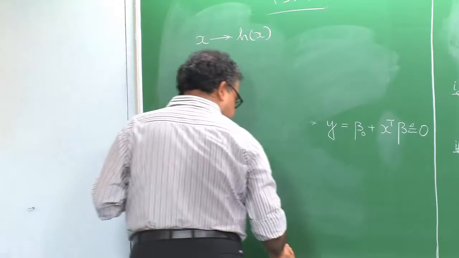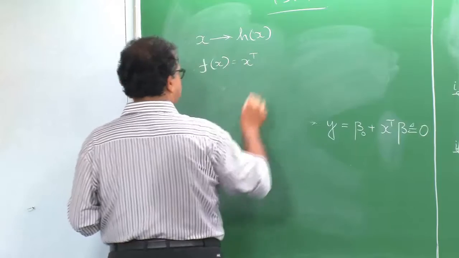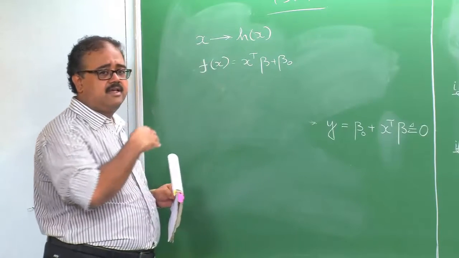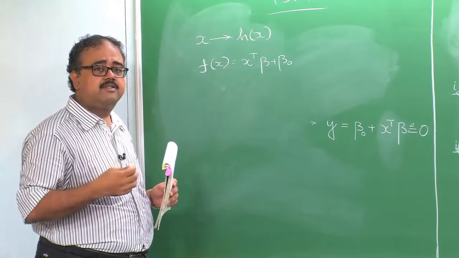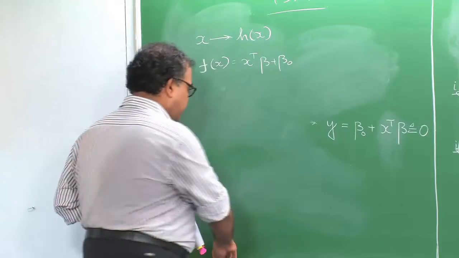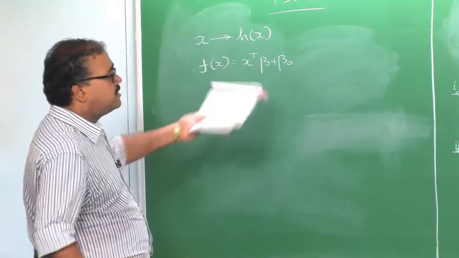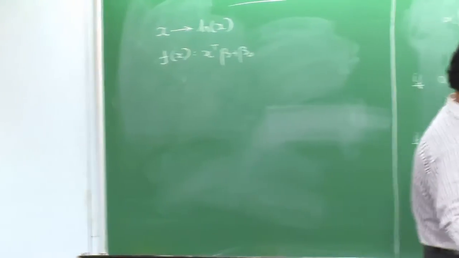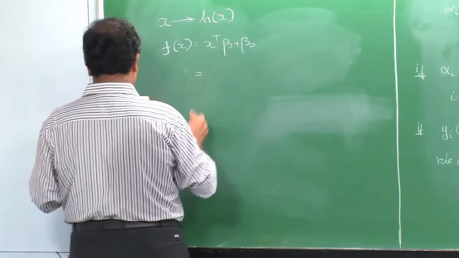So, you are going to have f of x equal to x transpose beta plus beta naught. That is your predictor, and if f of x is lesser than 0, I will predict it as class -1. If f of x is greater than 0, I will predict x as being of class +1. And this is the separating hyperplane that we have. If you think about it, we said our solution betas are going to be of this form. Therefore, I can rewrite this as